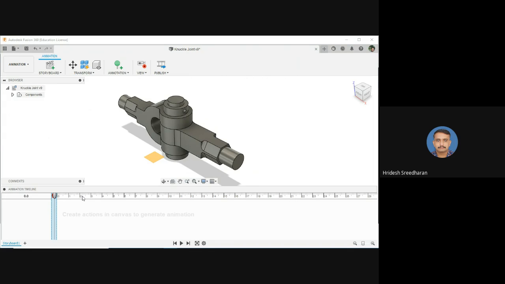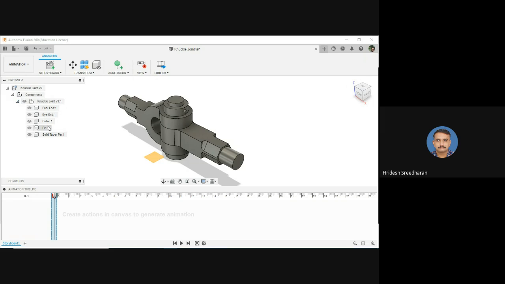The animation timeline is given at the bottom of the workspace, and of course we have our view cube in the canvas area, and in the browser we have the components. Here it has only a knuckle joint and some bodies. These are not individual components but individual bodies.